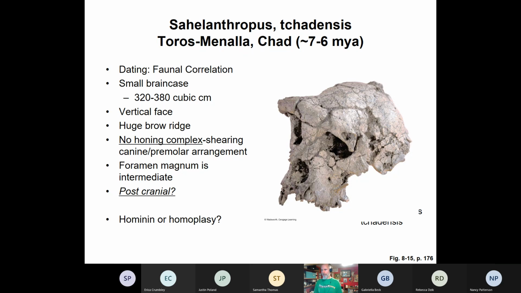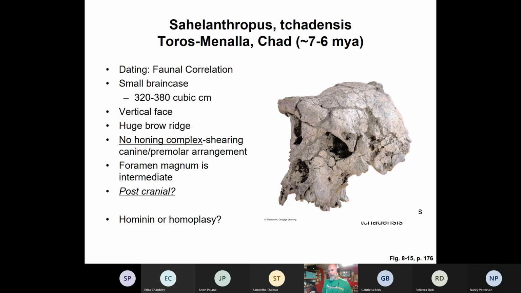The brow ridge is robust, which means, when you have these robust elements to a skeleton, whether it be the brow ridge or the sagittal crest, the mohawk, it's indicative of connection to chewing for eating, and also holding up the neck, but it's for muscle attachment. And yes, I think Samantha had asked, and I didn't respond to it in the chat the other day, that it's for eating. Yes, it's to give the power of the punch of the bite.